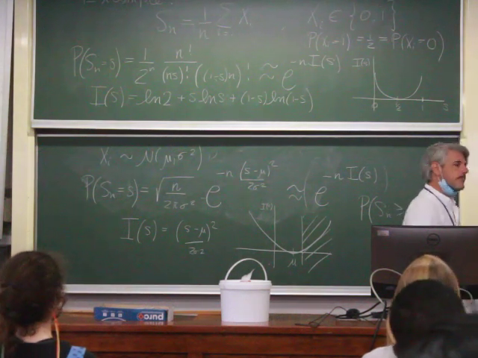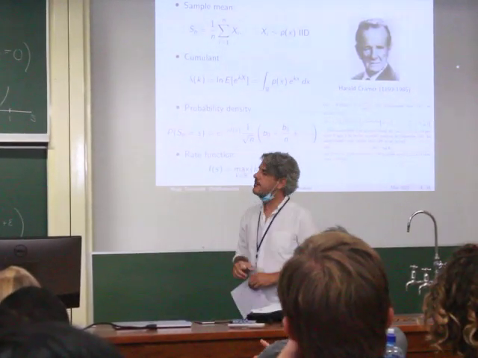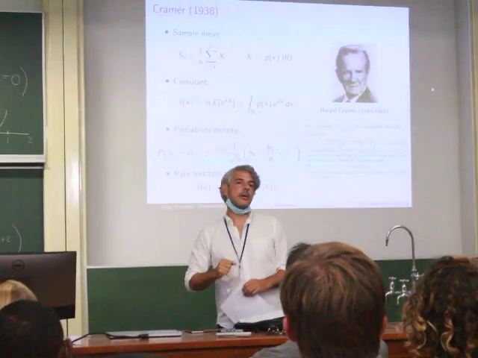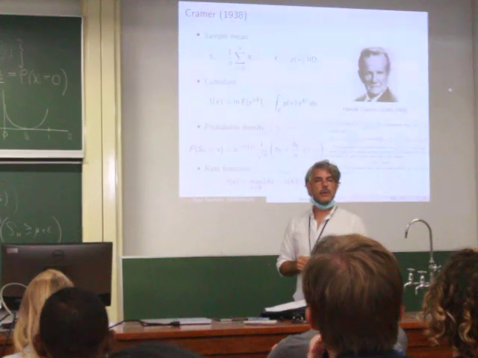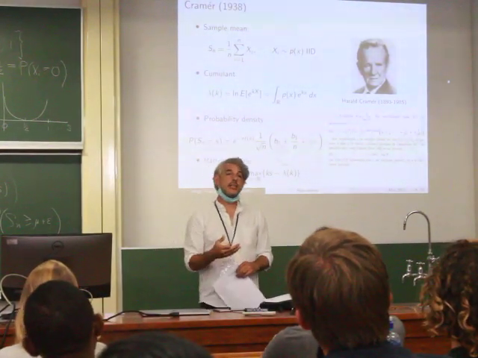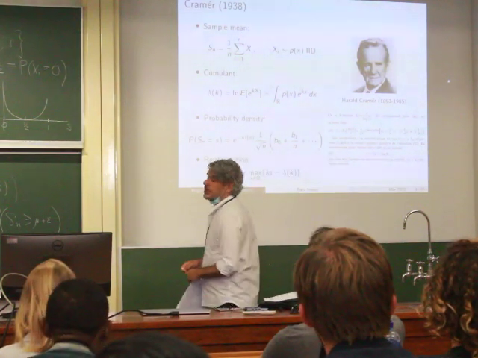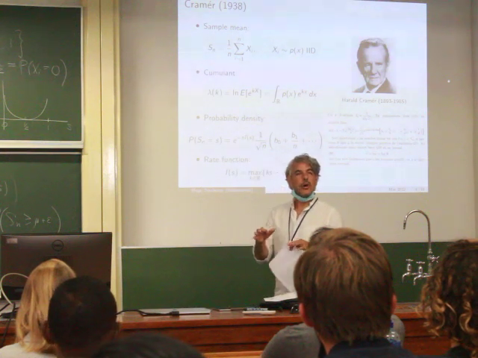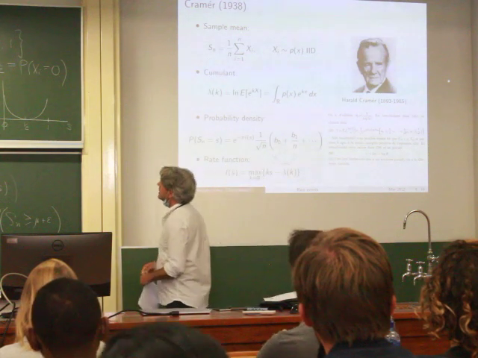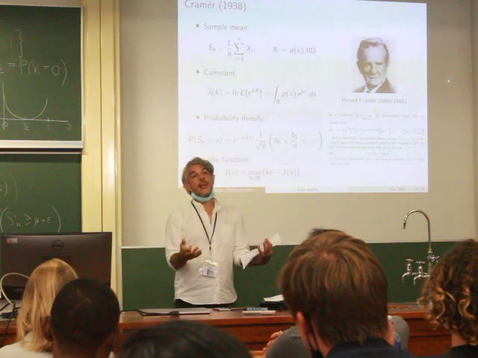Okay, so the first result where this exponential approximation actually came up is a result by Harald Cramér in 1938. He was working on insurance statistics. The sample mean for him was the sum of insurance claims, and he wanted to calculate the distribution of the sample mean going beyond the central limit theorem, so not approximating the whole thing as a Gaussian. This is what people were doing before. And the reason why it's not good is because if you look at the Gaussian approximation, you might